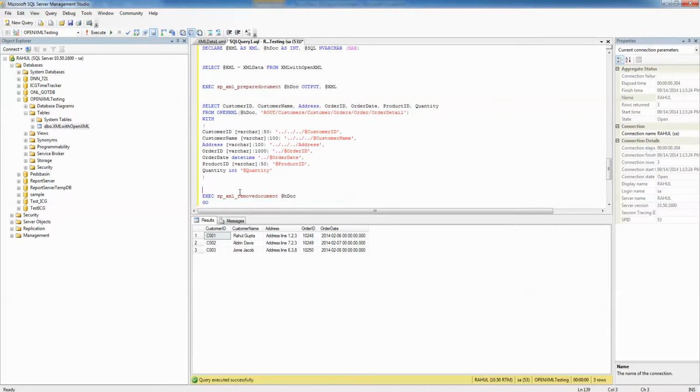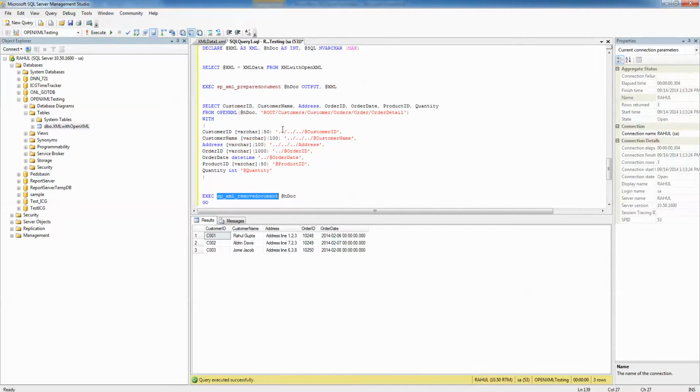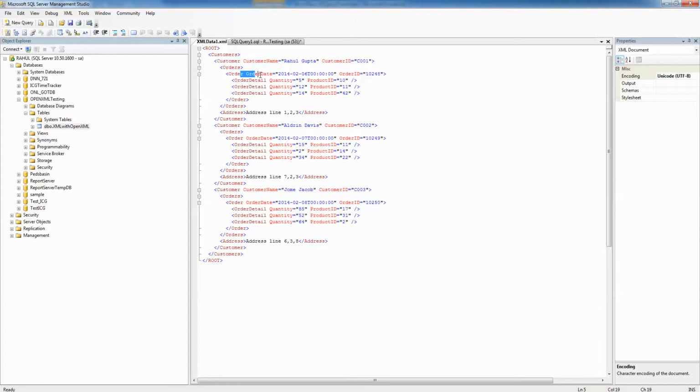Now, since in this query we need to fetch the details for quantity and product as well for the corresponding orders, we are moving one more deeper level. You can see here we have added one more ../ symbol in the customer ID column and the order ID and order date as well, because with one more level we need to go up to order date and order ID.